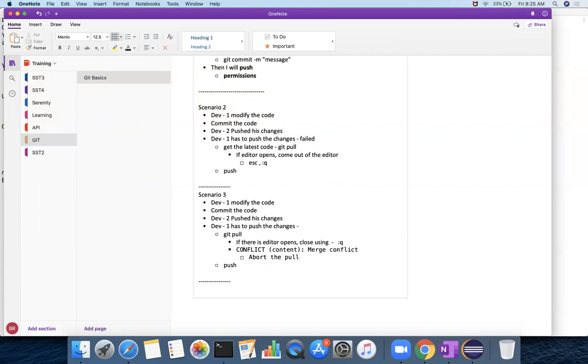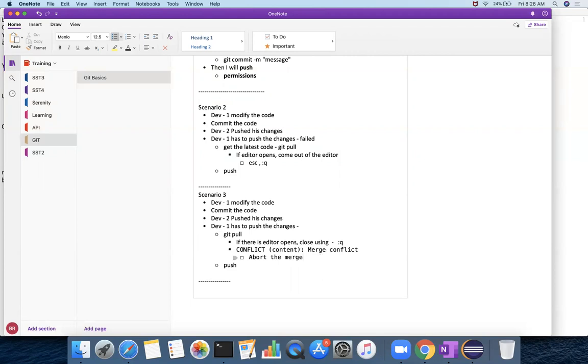At that point of time, what you can do is abort the pull or abort the merge. Okay, so this is a merge conflict, right? If you abort it, then it goes to the previous state. That means before the pull, the remote repository will have certain changes and your local has certain changes. Then you will have a chance to do something else. That is your first option.